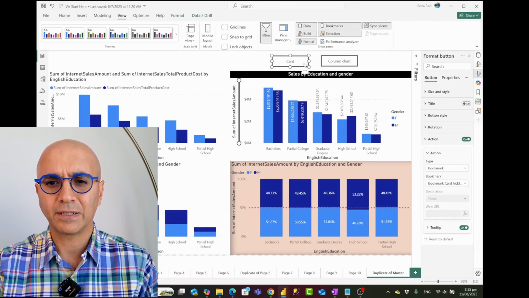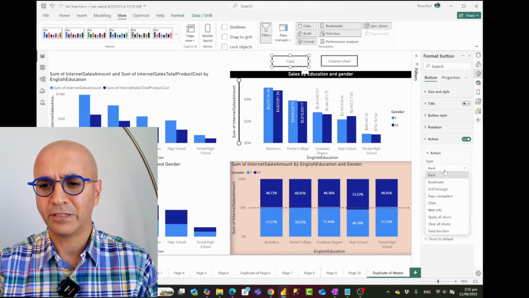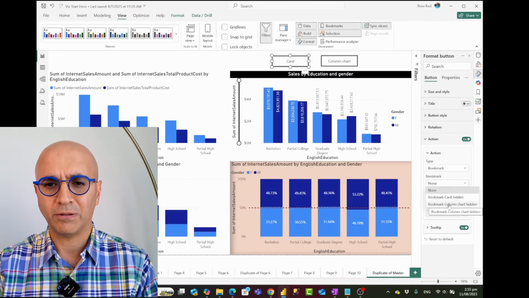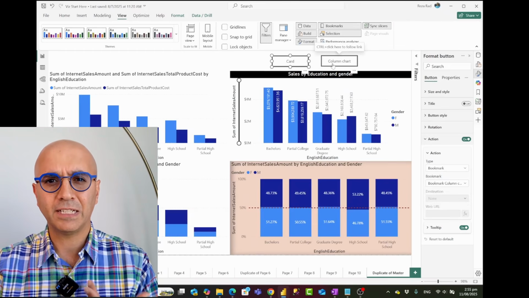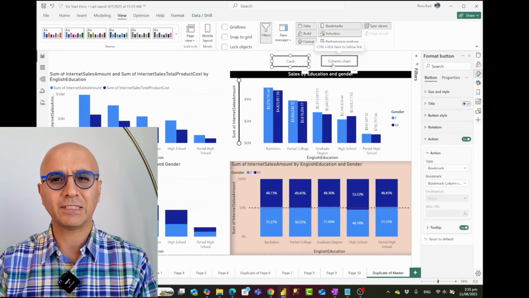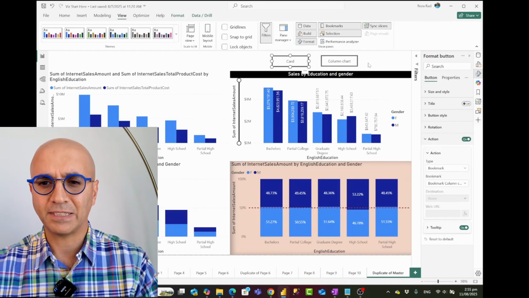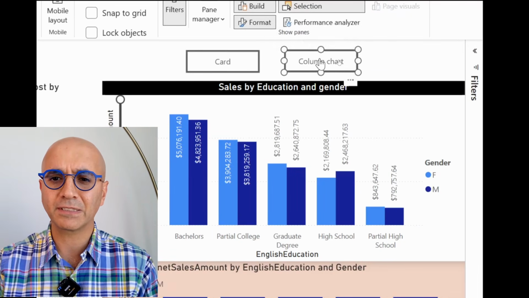Then I'll go and click on the card button, set the action on. The type is again bookmark. I'll go and choose column chart is hidden, right? This configuration means that clicking on each of these will call the bookmark for that current state. Now, one thing about buttons you need to be careful about is that in Power BI Desktop, clicking